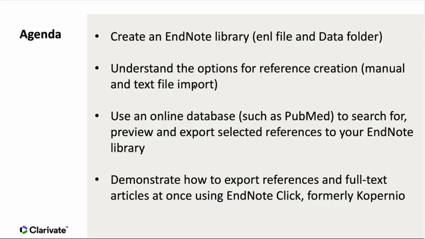I also want to talk today about the ability to import references from text files as well. We'll touch on this a little bit later when we discuss direct export, but essentially EndNote has the ability to import references in a consistently tagged format. So that means if you can generate a text file where each piece of data is on its own line with an identifying tag in front of it, you could automatically import that data into EndNote library references. So we'll talk a bit about that today.